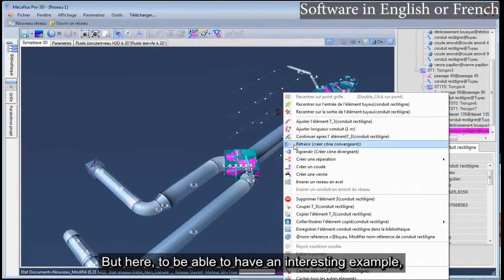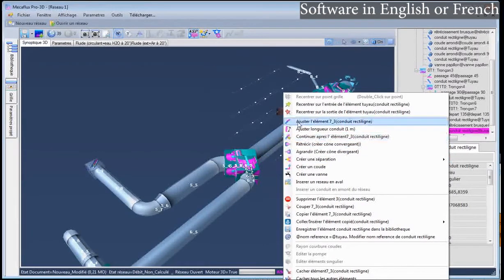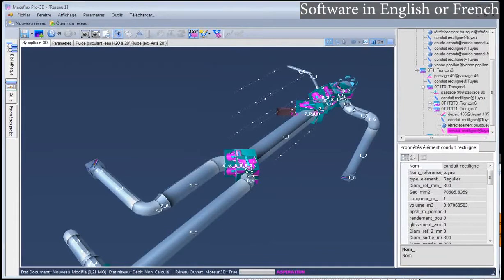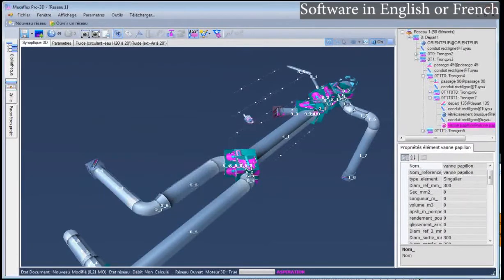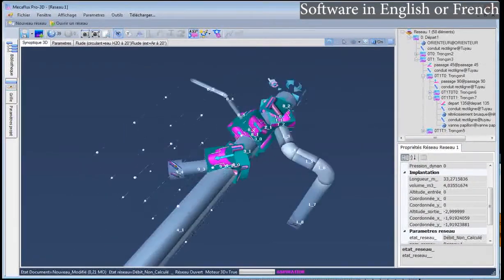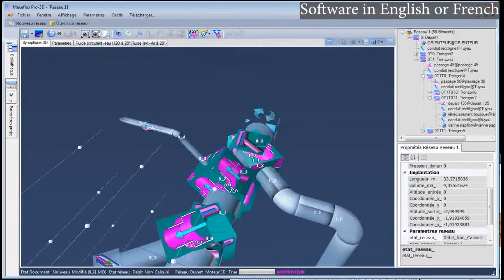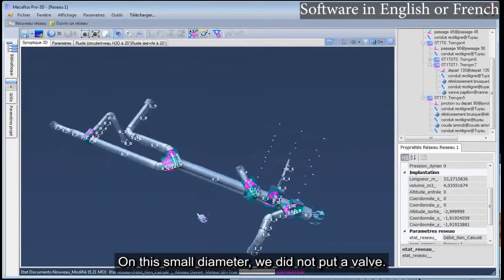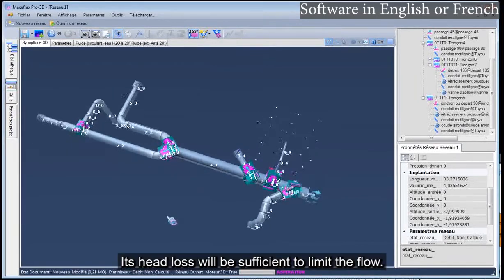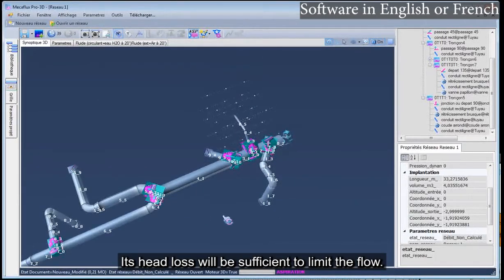But here, to be able to have an interesting example, we need a little head loss. On this small diameter, we did not put a valve. Its head loss will be sufficient to limit the flow.